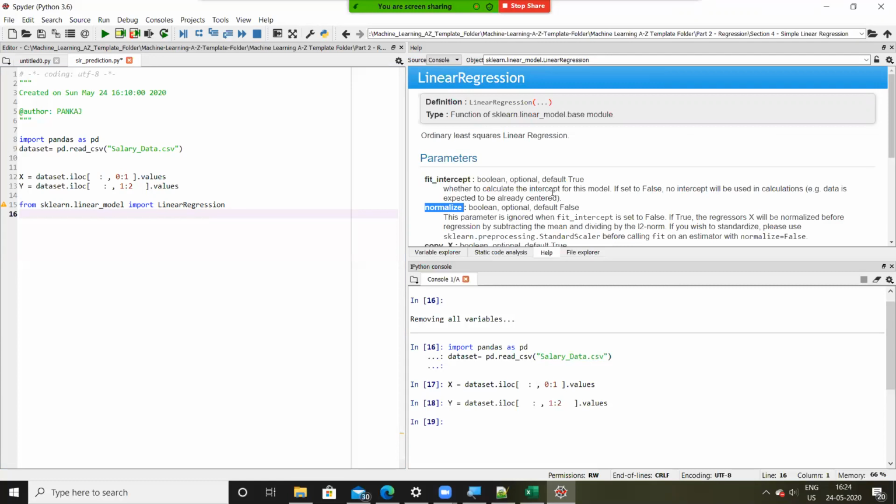The best part of this linear regression library is that, let's say we forgot to do feature scaling for an input variable X. Then just come to this library and set this parameter to true. What this parameter will do is automatically perform the feature scaling for us. But the technique used here will be normalization.